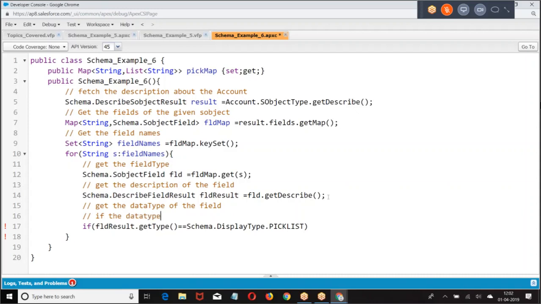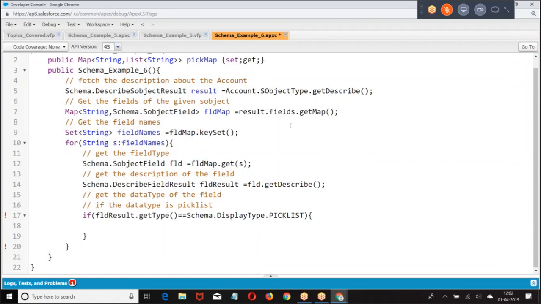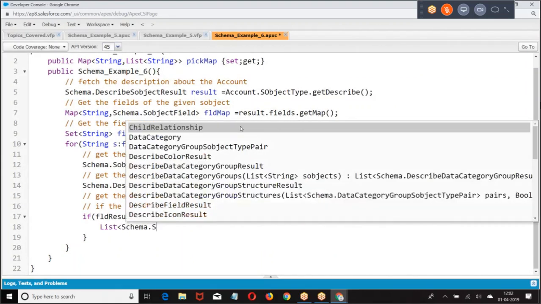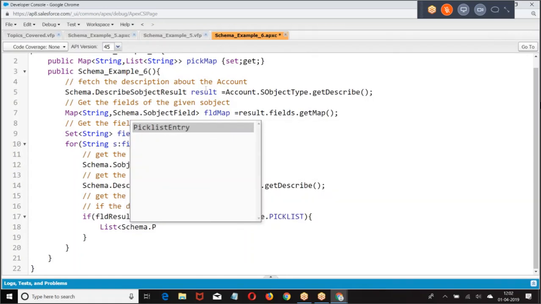If the data type is pick list. If it is a pick list, what are we supposed to do? Get the options. In the pick list, every option is one entry. So list of pick list entry.